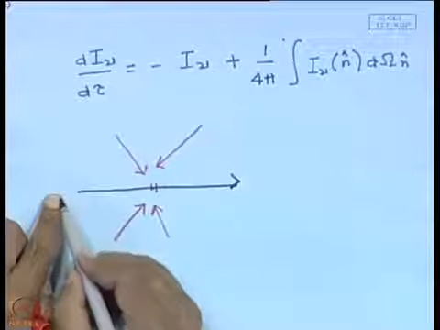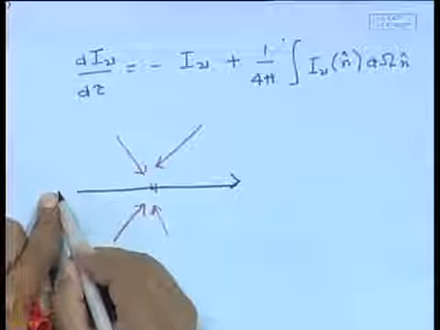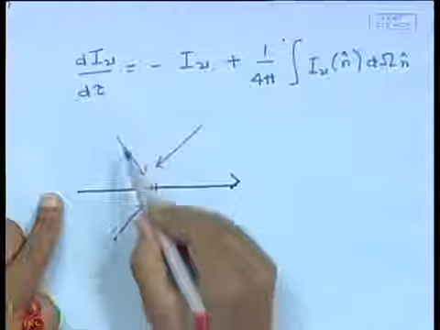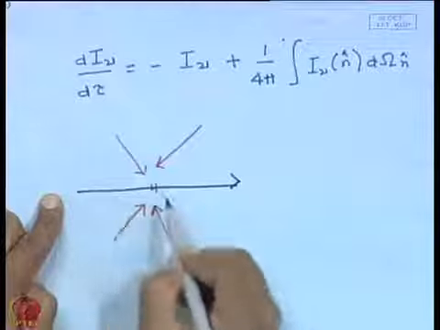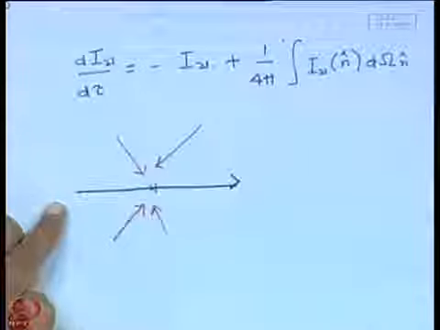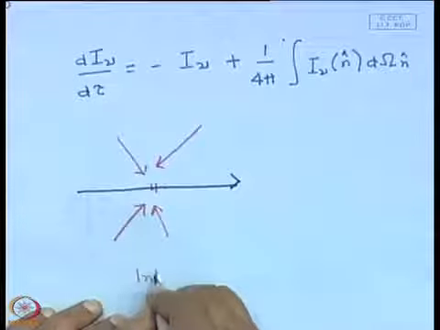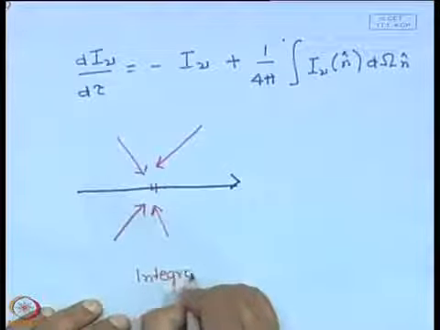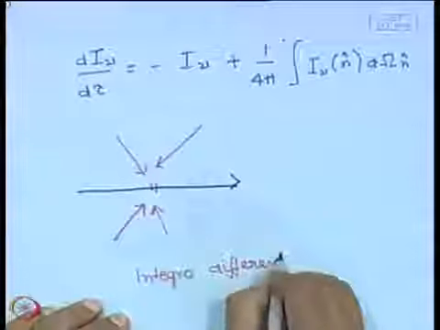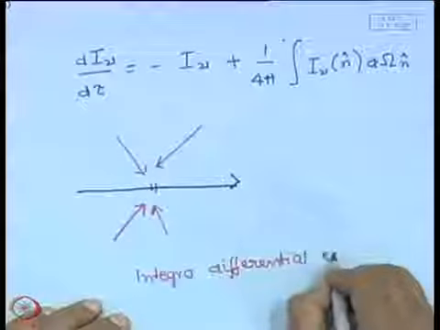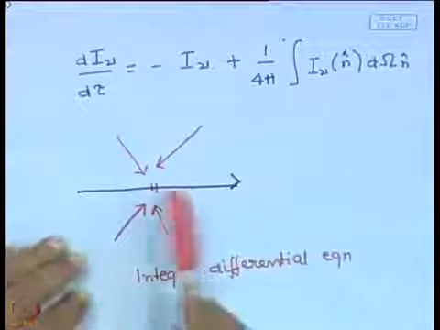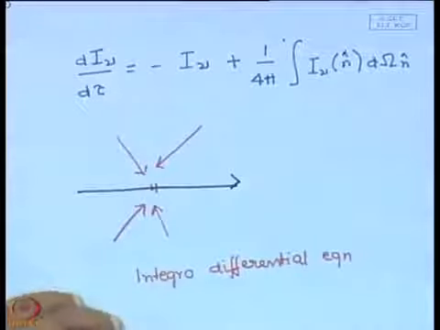So, I cannot solve my radiative transfer equation separately for one ray. I have to simultaneously solve it for all different rays at all different locations. So this is an integral differential equation, and it is extremely difficult. This is extremely difficult to solve, and in general there are no general solutions available